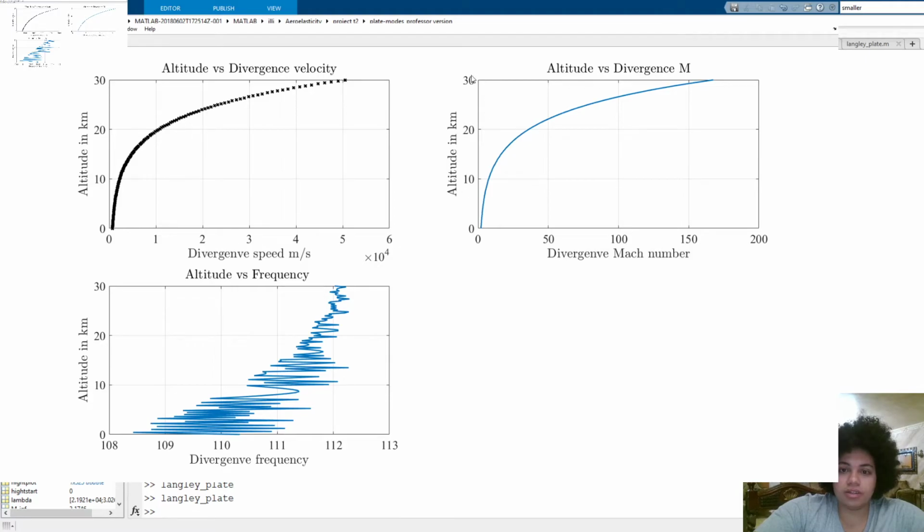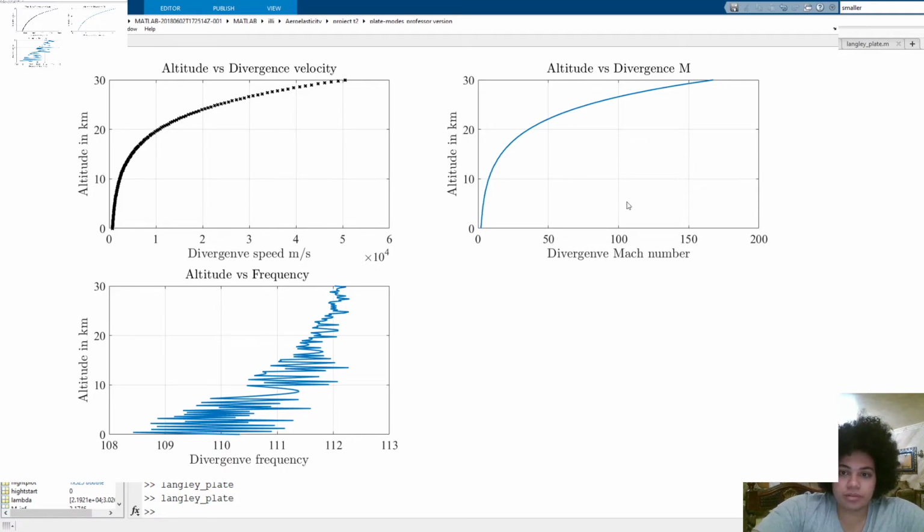We didn't run the code until 100K because we couldn't handle the big numbers. It's extremely big and extremely slow to converge at very big altitudes. The frequency overall almost doesn't change. It only varies slightly from a minimum of about 108.5 to a maximum of about 112,